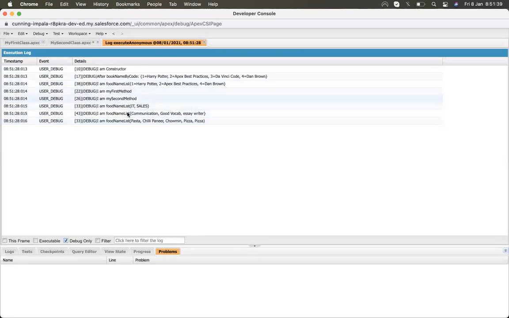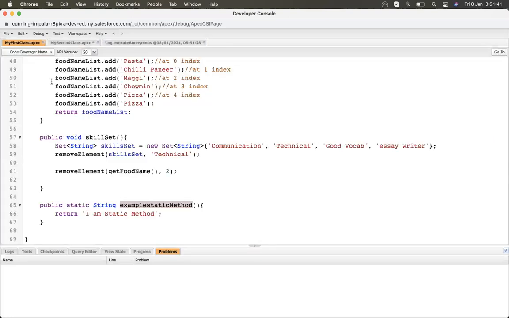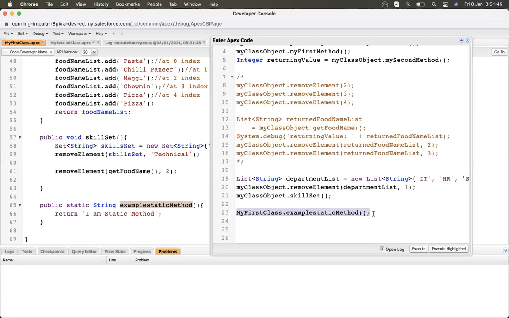Sorry, I did not put any debug. That's why. Let's put the debug. I'm directly putting that in the debug statement, not declaring any variable. You can do it this way also.